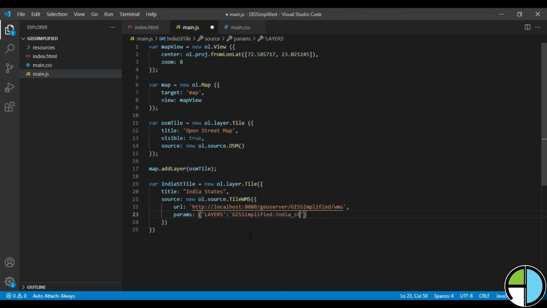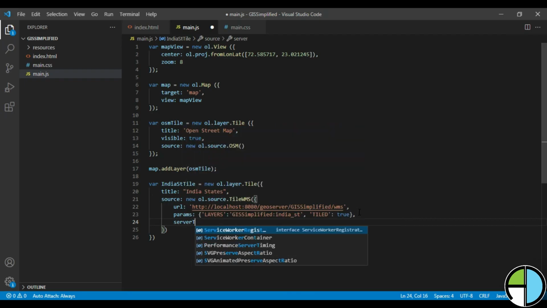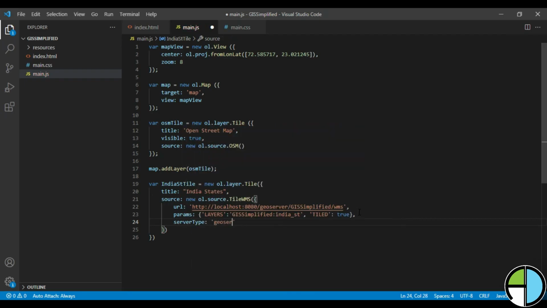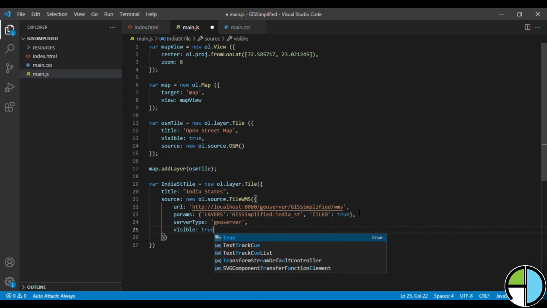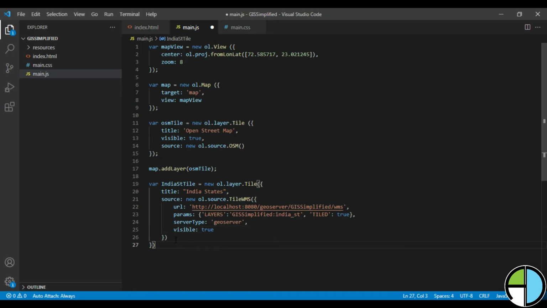So I am providing this thing as a parameter, and second parameter which I have to provide is whether it is tiled or not. So I am saying tiled true. So these are the two parameters I have to provide. Apart from that, server type, that is GeoServer is the server type, and then visible to true. So these are the properties which I have to set.